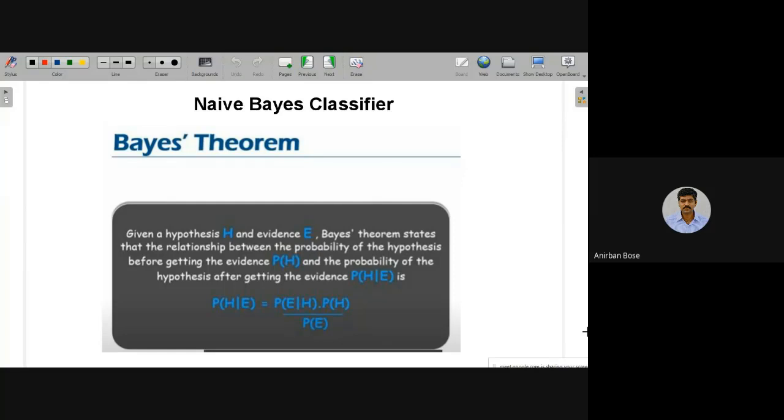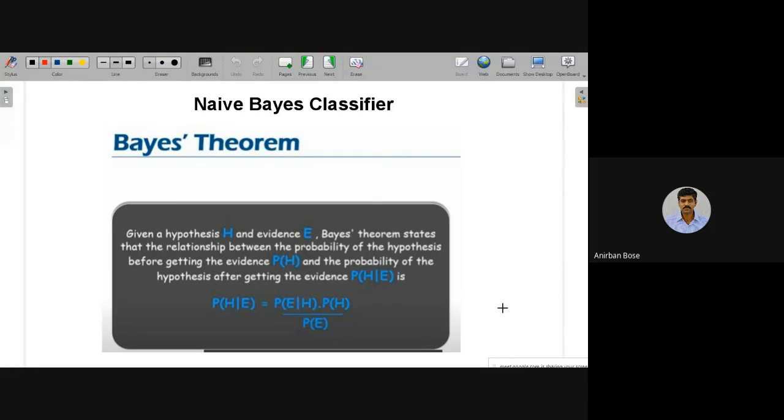Today we are going to discuss the naive-Bayes classifier, and the basic thing behind this naive-Bayes classifier is the Bayes theorem. So the formal statement of the Bayes theorem, as you can see,